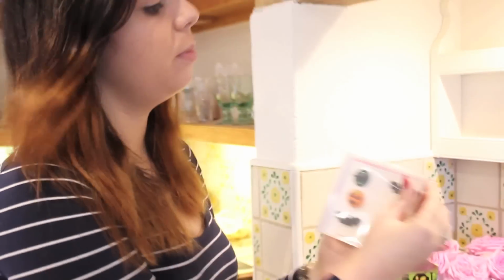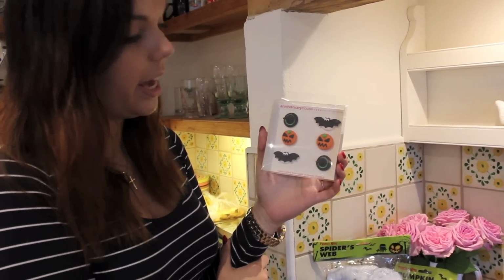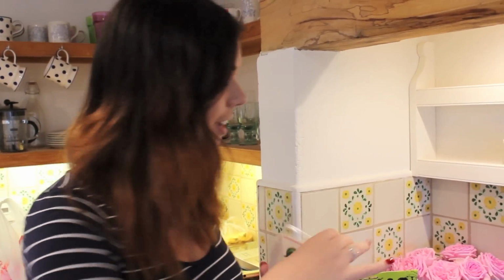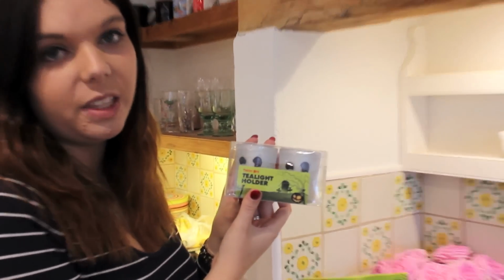Then I picked these up from a cooking shop actually. They were only £2. So these will be my cake toppers for the cupcakes I'm going to make. And I've actually got red velvet cake mixture, which I'm really excited about because I thought it was really blood red and ghoulish. And then I've got some tea light holders, which I thought were really nice for the evening,